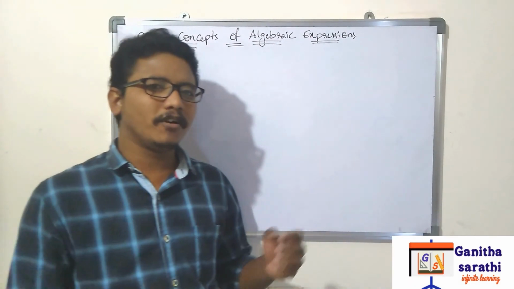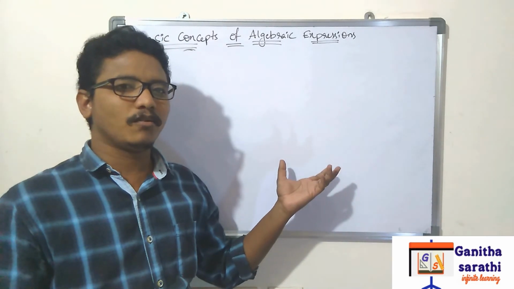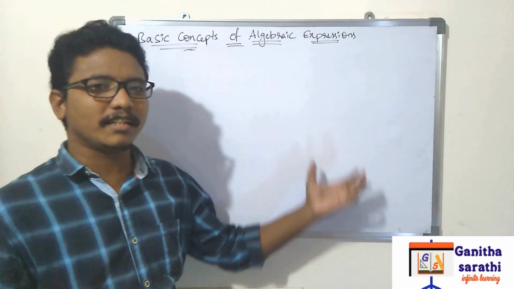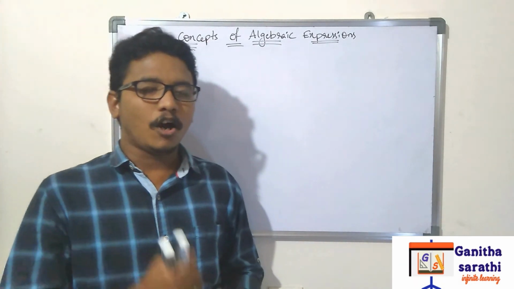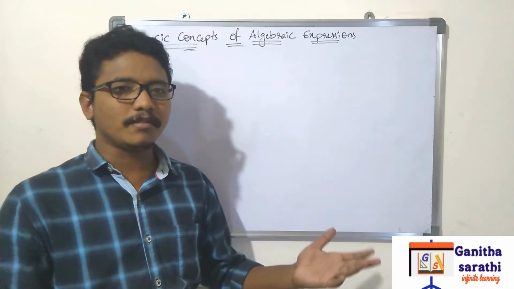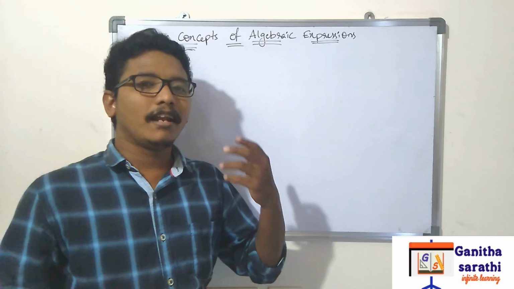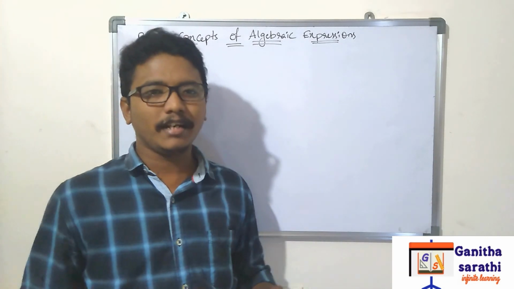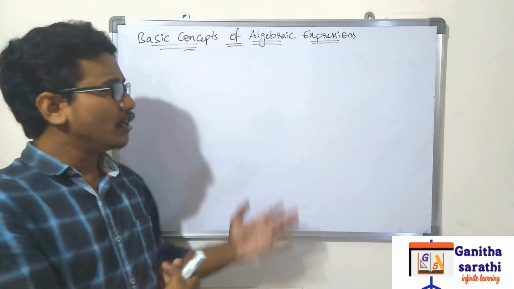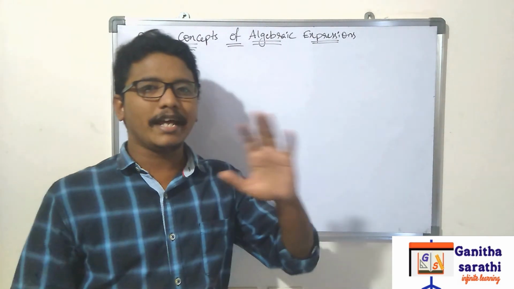Now we have discussed the degree, the difference between expression and equation, what is meant by algebraic expression, what is meant by numerical expression, the degree of an expression, how many terms there are and the types of algebraic expressions based on terms, like and unlike terms, and the last one, coefficients. These are the topics we have covered, and they are very important for the basics of algebraic expressions.